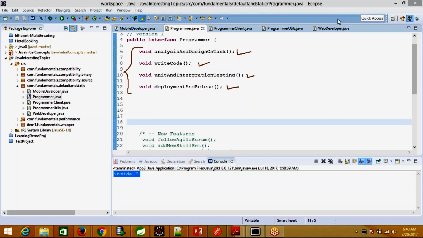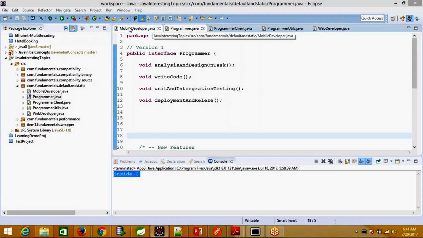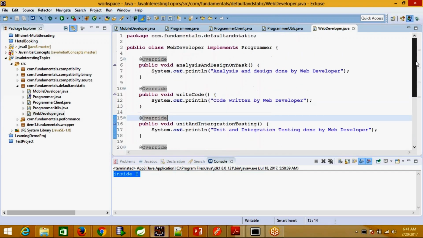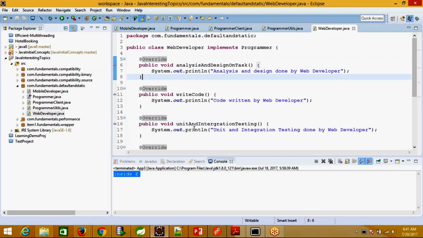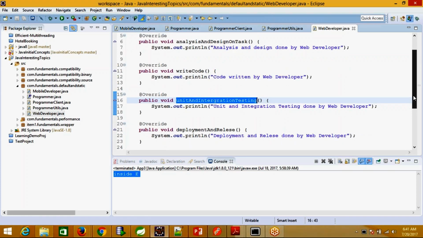Just for the sake of simplicity, I have taken only two implementing classes. You can imagine that many more classes could exist along with this. The first one is web developer. For web developer, I'm overriding all the methods: analysis and design, write code, unit testing, and the last one, deployment and release.